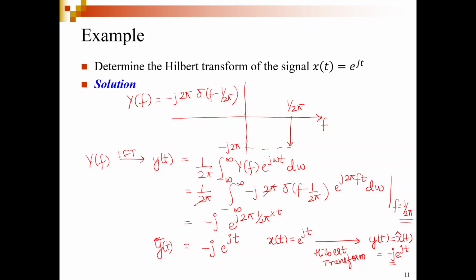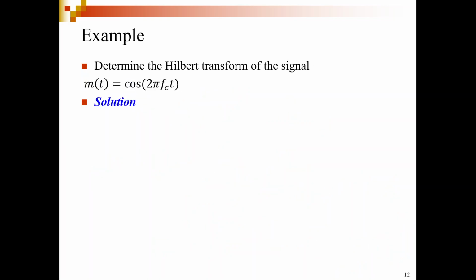Similarly, we can also perform a similar analysis for x of t equal to e to the power minus jt. Now, let us see what the Hilbert transform is for another signal, cos 2 pi fc t. So far in the modulation techniques, sometimes we might have come across monotone signals as a message signal. Here we have taken simply fc as the frequency. If you replace it with fm, then you get the Hilbert transform of your message signal. So let us see how this is going to work out.